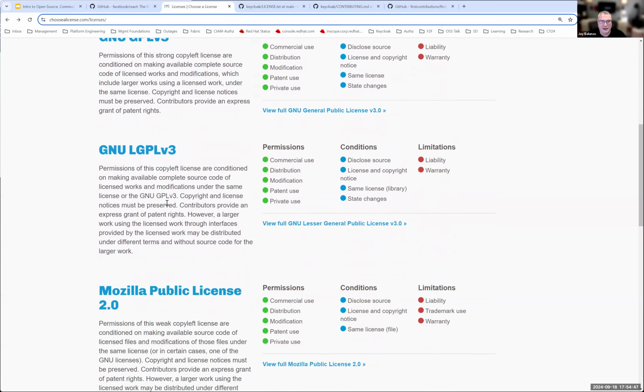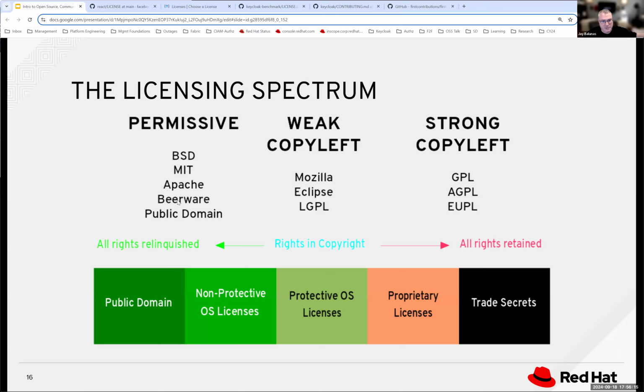I'm not going to get into the details here, but there is a spectrum all the way from public domain, where anyone can use this for any reason, like copyright free songs that you hear on YouTube, all the way to trade secrets, like the recipe for Coke in Coca-Cola. In the middle, there are proprietary licenses, protective open source licenses, and non-protective open source licenses.